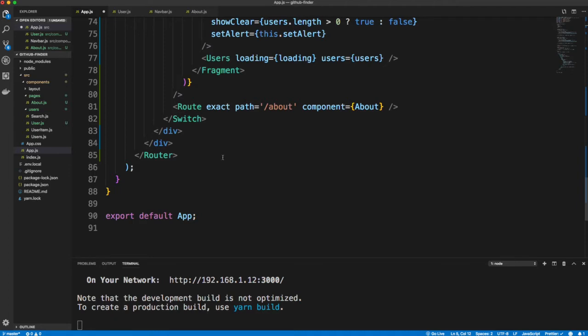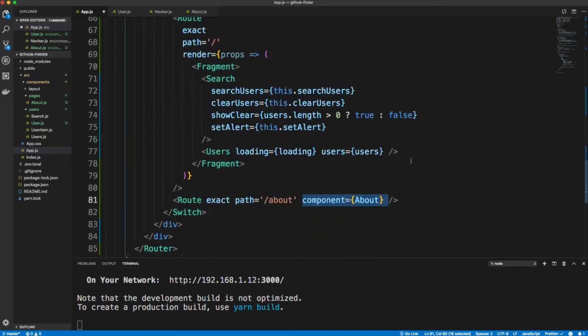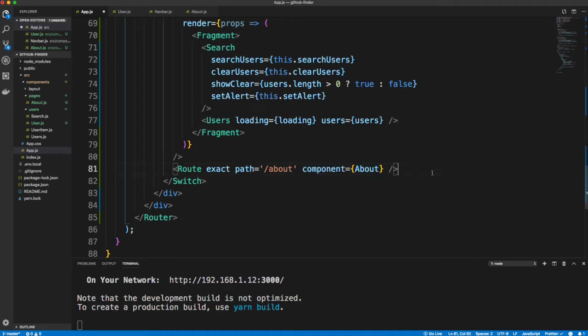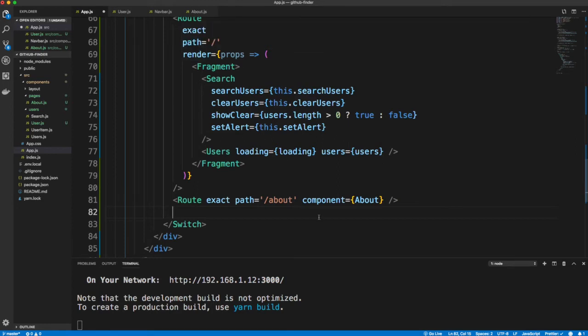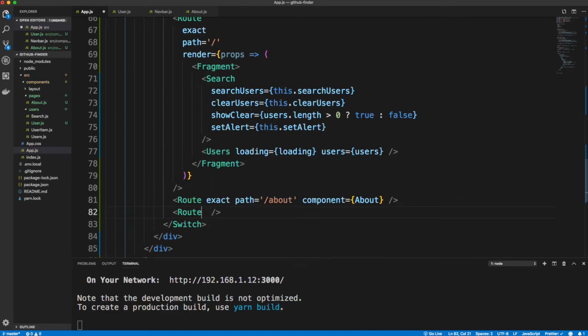Now when it comes to creating the route, we can't just do component equals user like we did with about, because we have stuff we need to pass in. We need to pass in the getUser prop, which is the function we created. Also, we need to pass in the user state, whatever the current user is. So we're going to do kind of the same thing we did here with this render props. So let's create a route. And like I said earlier, we'll be refactoring this later on once we have app level state. And it'll be able to show you how helpful it is to have the context API, to have Redux